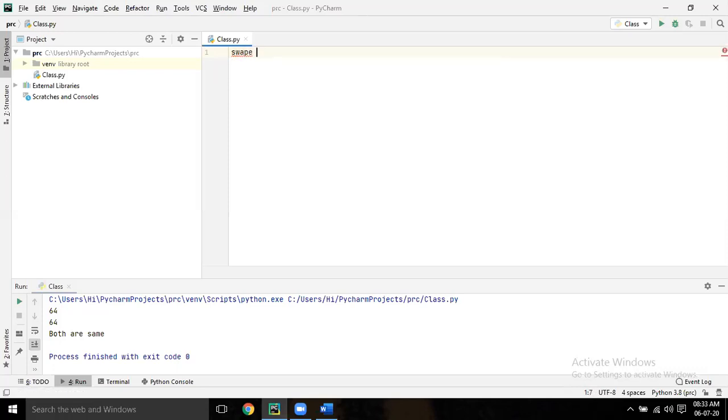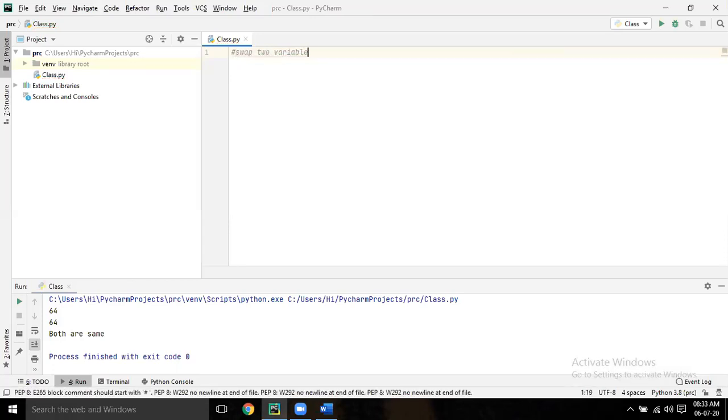You can write swap, SWAP, remove the E. Give a comment in the beginning: swap two variables.